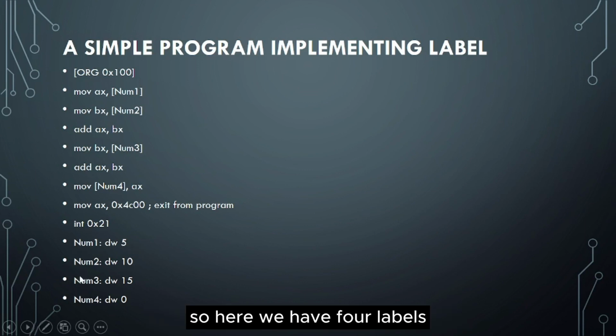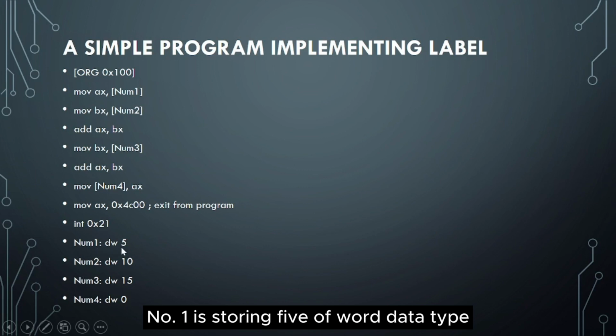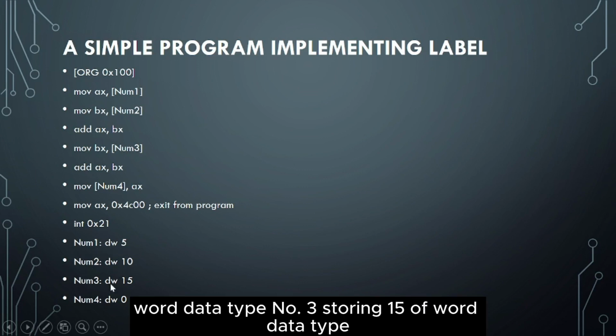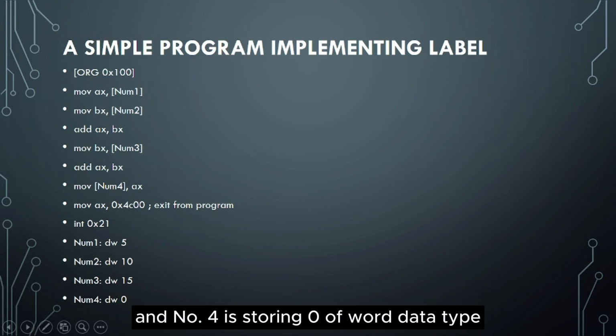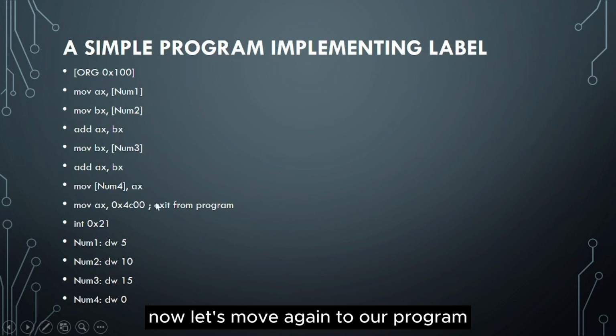So here we have 4 labels. Num1 is storing 5 of word data type, num2 is storing 10 of word data type, num3 is storing 15 of word data type, and num4 is storing 0 of word data type. Now let's move again to our program